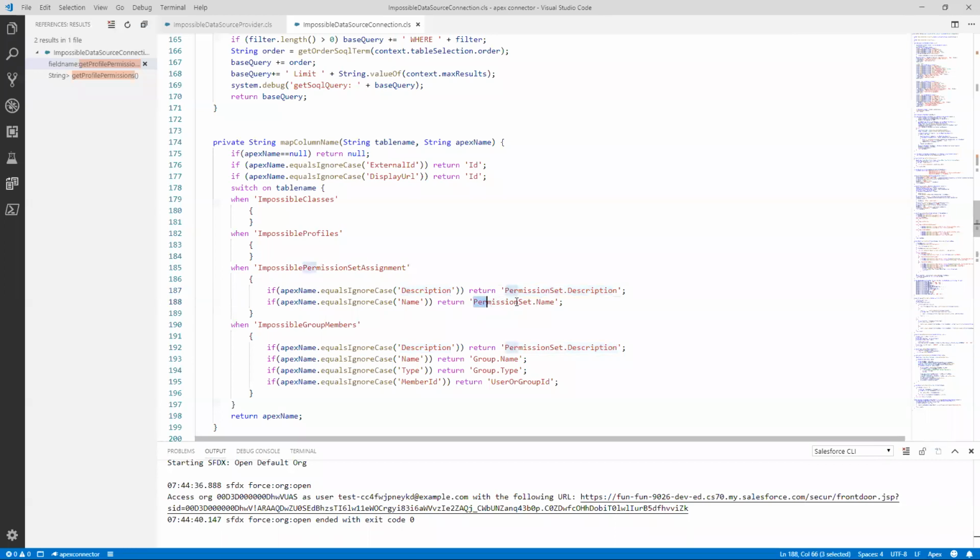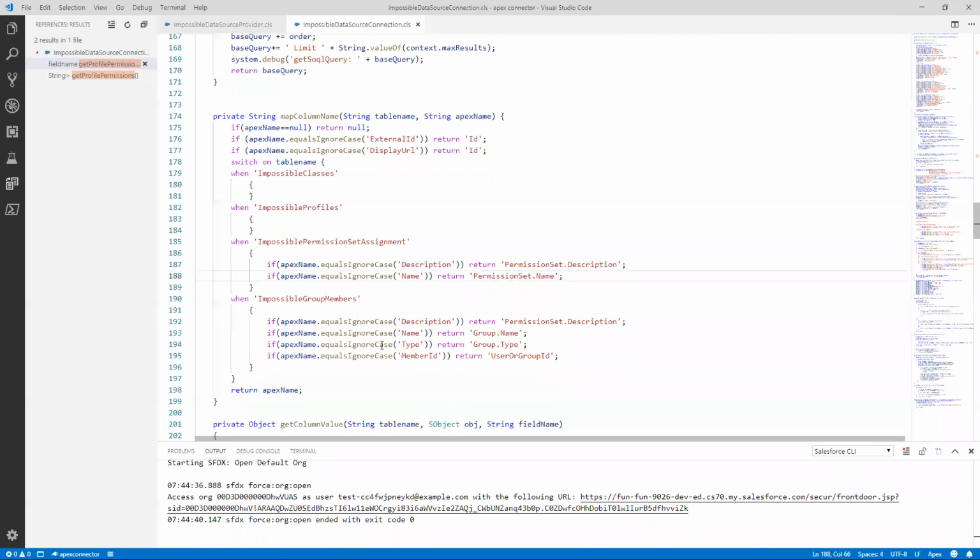Same thing for permission set.name. There is no name on the permission set assignment object, but we want that name to be in our derived external object. So we're going to do that related query. Same thing here for impossible group members. We're going to be getting